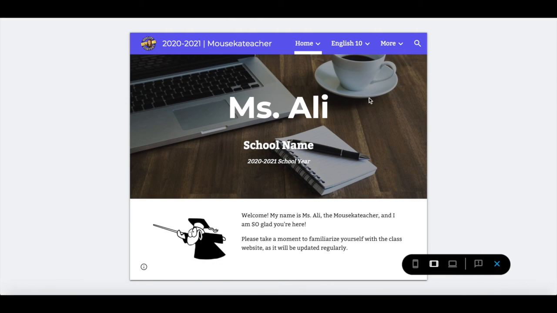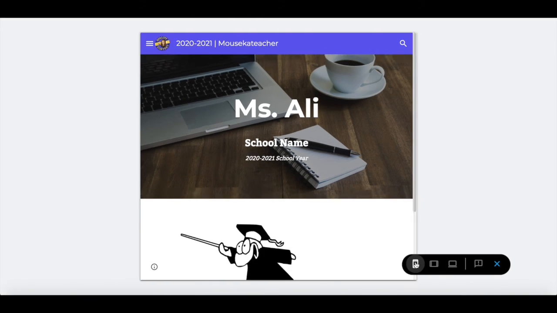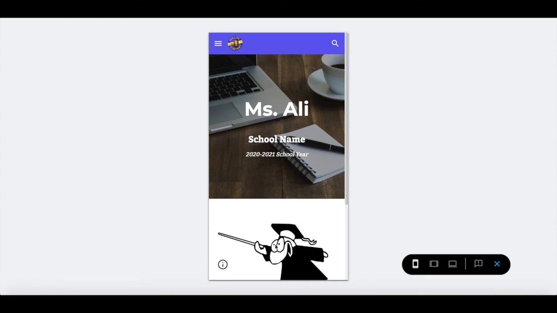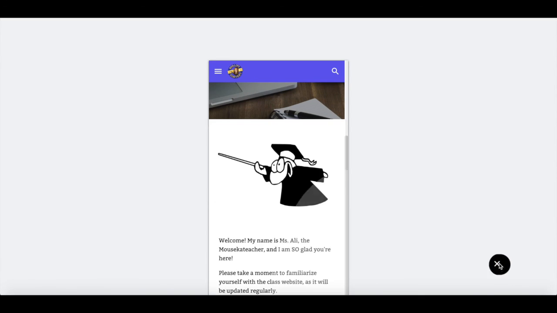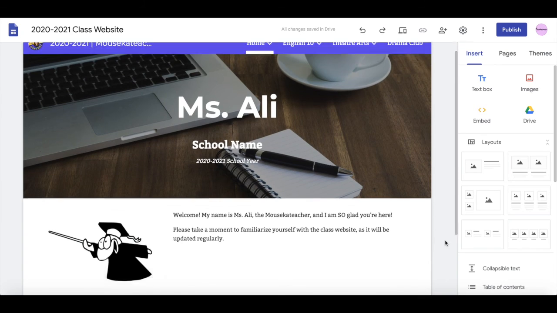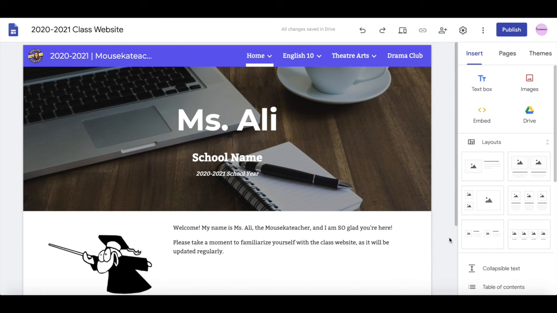and then right here I can see what it's going to look like on a tablet or a phone. And you'll see this guy got a little bit bigger. So those are all the different ways that you can look at the website. Other things that I would add would be Google Classroom codes. That's something I would add on the homepage for each of the courses as well as the club. Maybe add one of those really cute GIFs or GIFs, however you choose to pronounce it. Anything like that, just to make it a little bit more welcoming and accessible to those who are utilizing the